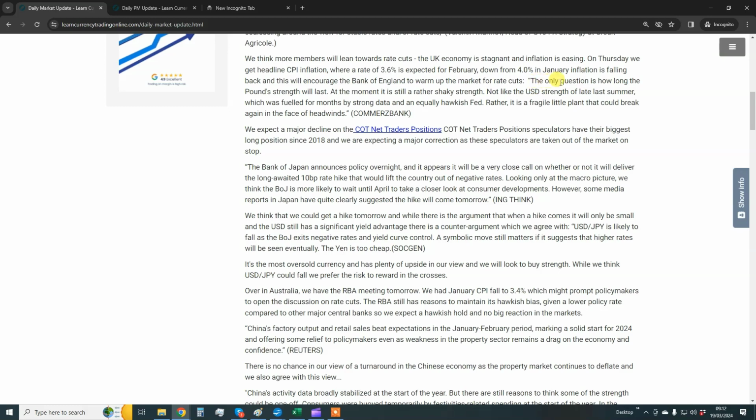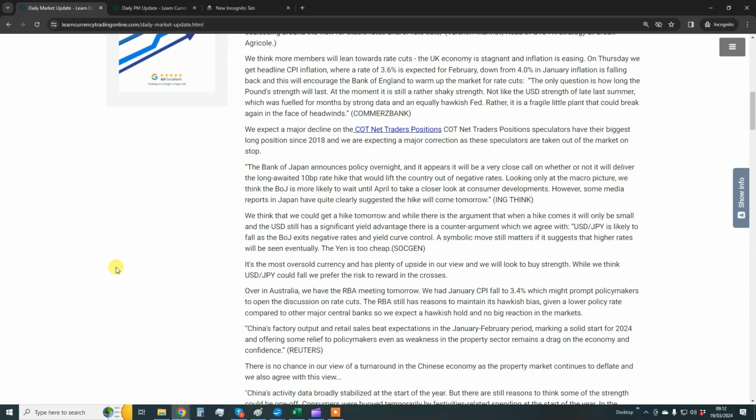Okay, now, in terms of a good quote in relation to the British pound, it's here, which is my daily market update. The only question is how long the pound strength will last. Well, we're already seeing some downside at the moment. It is still rather shaky strength. It is not like the USD strength of late last summer, which was fueled for months by strong data and an equally hawkish Fed. There isn't strong data in the UK. Guy concludes rather it is a fragile little plant that could break again in the face of headwinds, says from